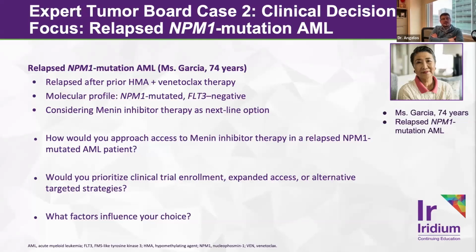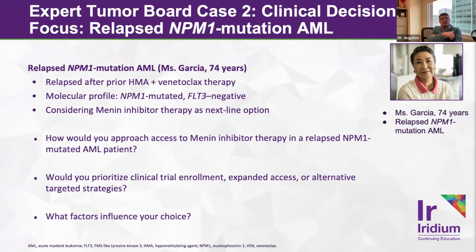So there would be a strong consideration here to maybe do a regimen like a cladribine-based approach. So doing cladribine, venetoclax, or LDAC therapy if the patient can maybe tolerate an intermediate dose therapy. Or if we felt this patient was a little bit frailer, maybe the goal was not to get to an allogeneic stem cell transplant. Maybe it was to maximize quality of life at home. Certainly, for sure, a menin inhibitor would definitely be the go-to option.